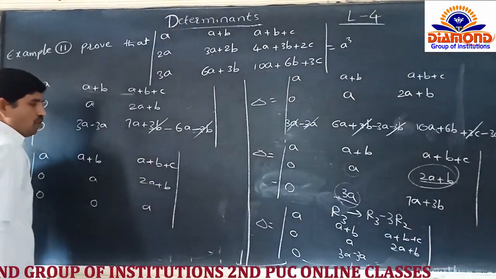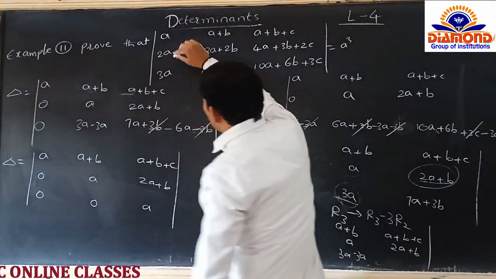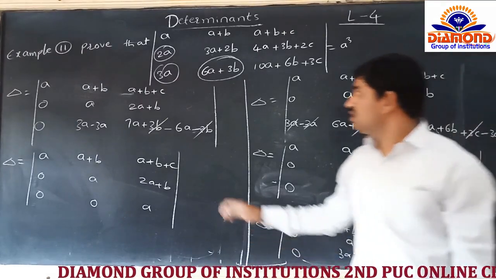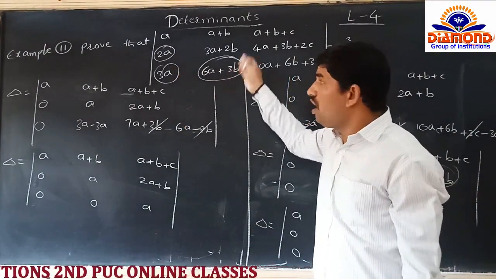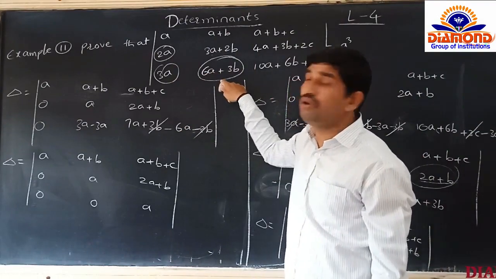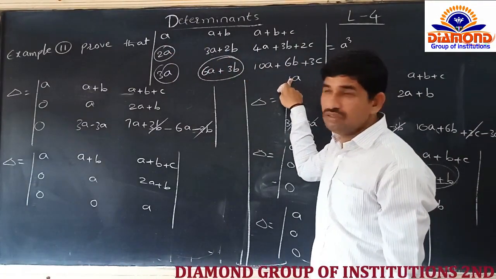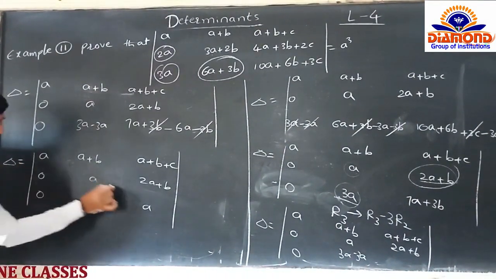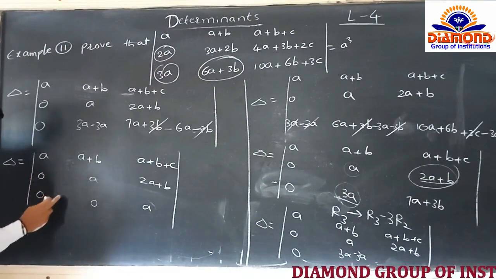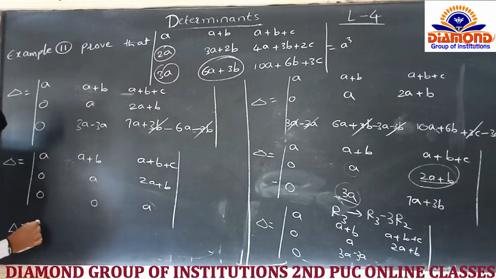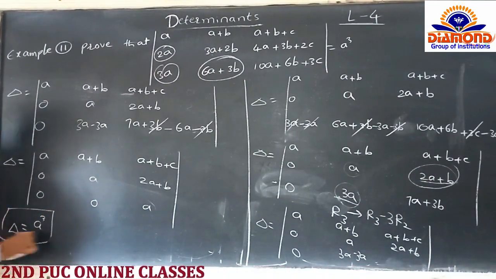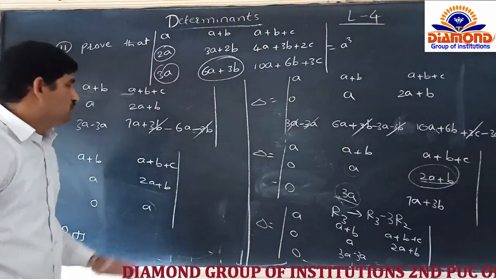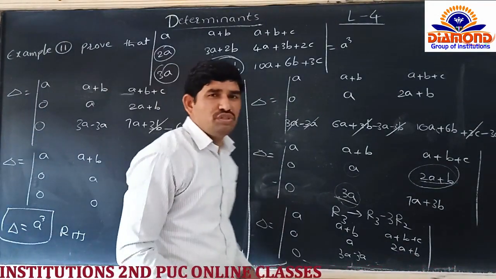Yes? Now observe here. What is our target? Our target is we have to make 1, 2, 3 places 0. Yes or no? After having these 3 places 0, what I told, just multiply the diagonal elements. Now after this, I will multiply the diagonal elements. See here, a into a square into a is again a cube. This is our solution. RHS is actually having a cube or not?